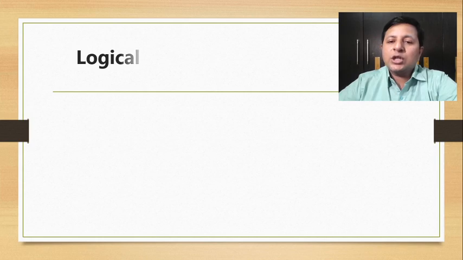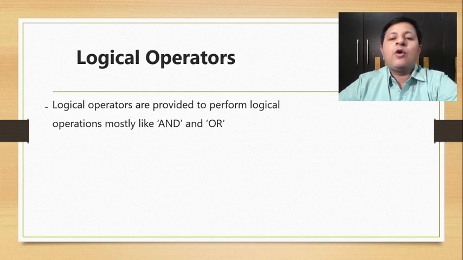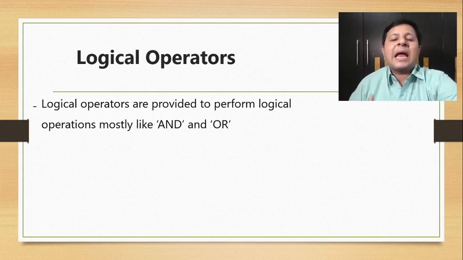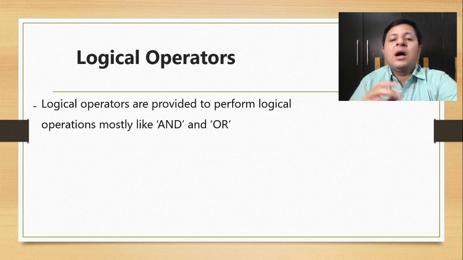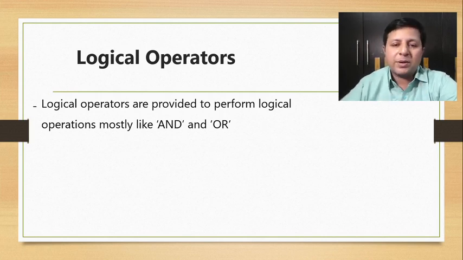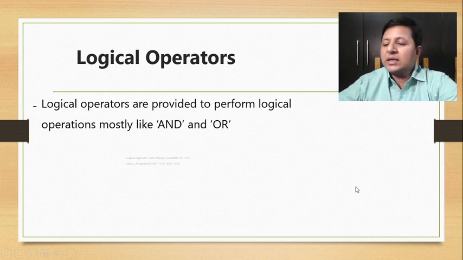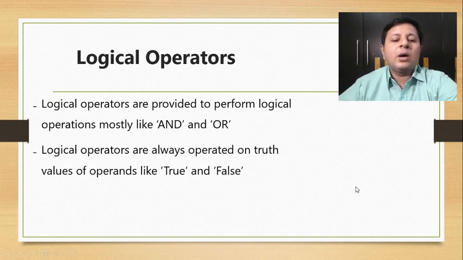Now, logical operators are basically used to perform logical operations like ANDing and ORing. These are the basic logical operations you might have come across. You also have something called applying a NOT. Generally we have the concept of gates: AND gates, OR gates, and NOT gate. The logic that they apply, C programming tries to simulate using these logical operators. Fine, so understand one thing, that logical operators always work on the truth value of the operands.